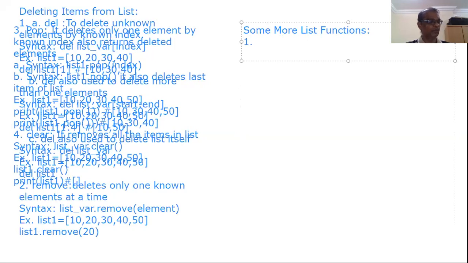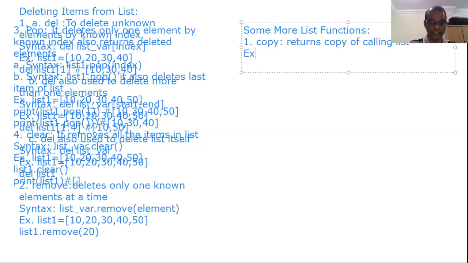Number one. First one is copy. From the name itself, we can understand it returns a copy of the existing list or calling list. Example. We are having one list here.